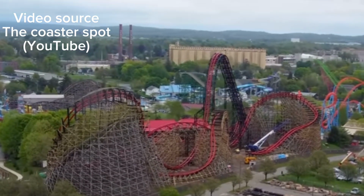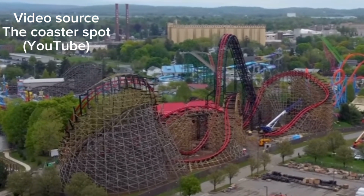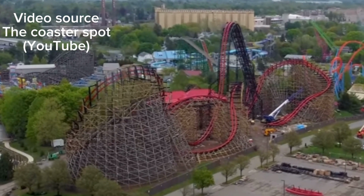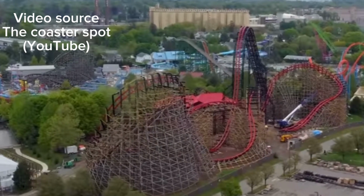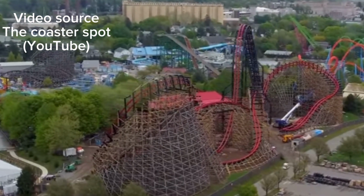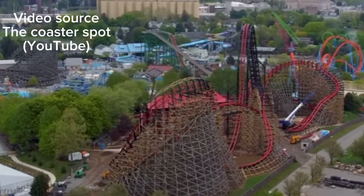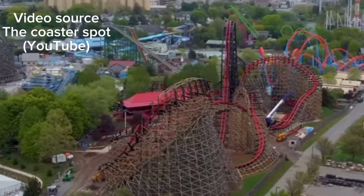And in the lot, there are only 4 pieces of track left to be installed on this coaster. So in total, that makes 12 pieces of track to be installed. 8 more pieces of track are left to be installed on the helix, and the other 4 pieces of track are going to be installed in the gap where the crane is. So once they no longer need the crane, they are going to put those 4 track pieces in to fill that gap. I'm going to say they're going to have everything complete with these next 12 track pieces within about